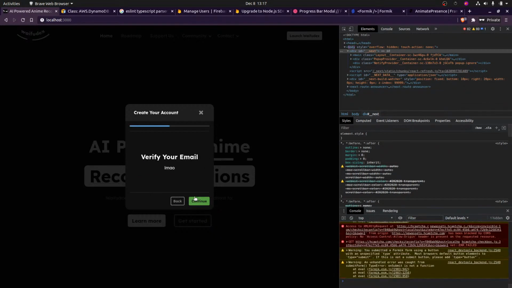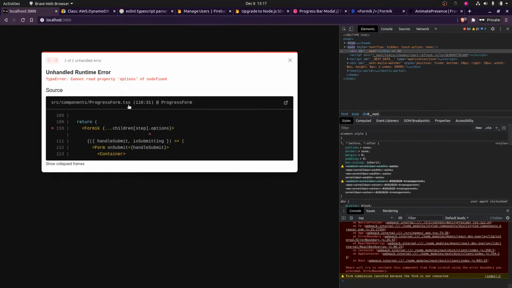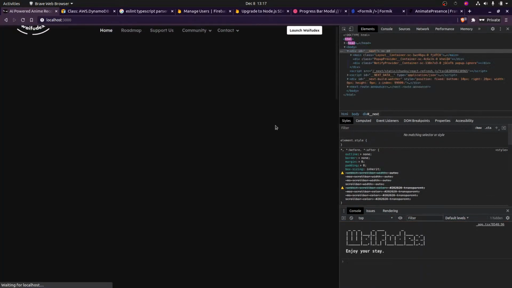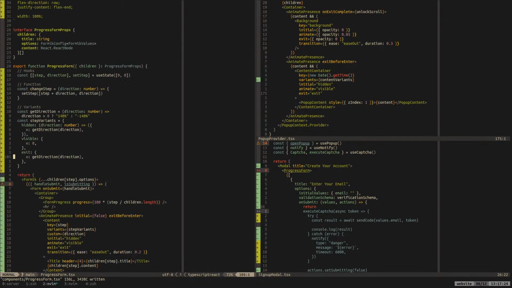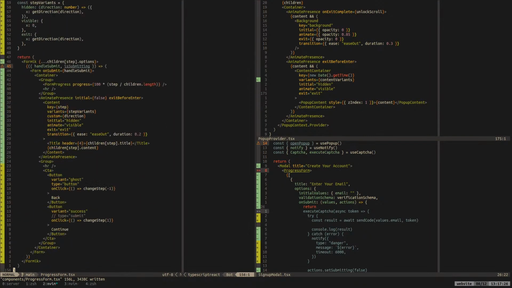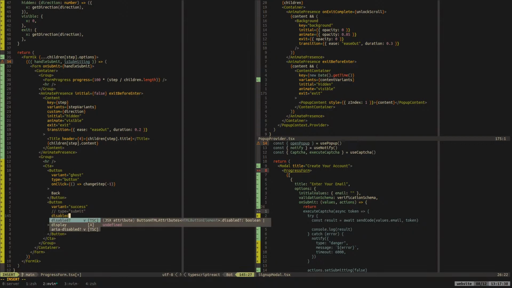But I like this a lot. This is really cool. And of course it breaks because we can't go past the thing. Oh, that's something we can do real quick. We can say that once we get to the very end of the thing, did I just straight up delete the thing? Okay, I didn't want to delete it. I just wanted disabled equals is submitting. If we are submitting, we're going to be disabled, but we're going to disable that for right now.